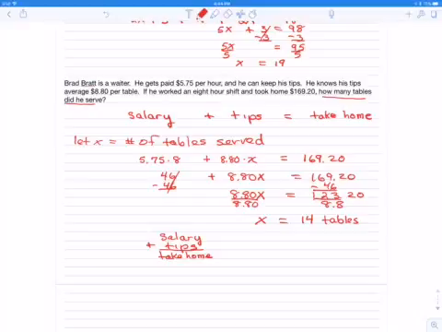So the salary, we said, was $5.75 for 8 hours, or $46. His tips was $8.80 times the number of tables served. We served 14 tables, and that gives us $123.20. So if I add that together, I get $169.20, which is what he took home. So the answer to the question is